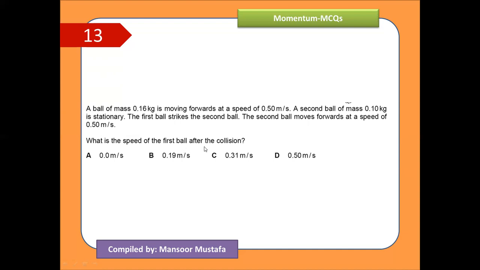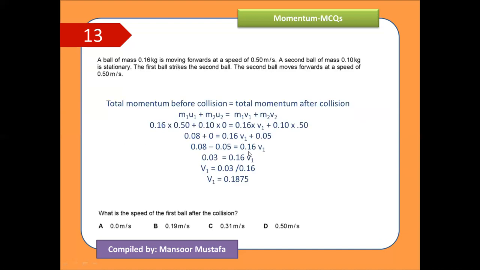What is the speed of the first ball after collision? आपने बताना है जो first ball की speed होगी वो कितनी होगी after collision. Again we'll apply the same formula, law of conservation of momentum. Now mass of first ball, that is 0.16, and initial speed of the first ball, that is 0.10, sorry, initial